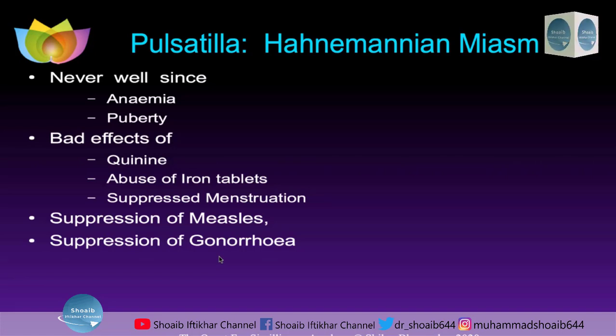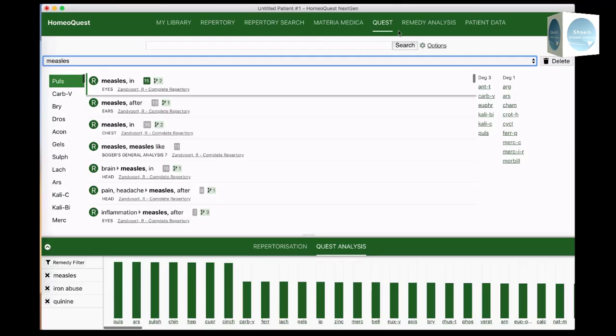In Hahnemann's miasm, remember, you have to find a never been well since syndrome, and Pulsatilla has quite a few points of sources and causative factors here. So how do you go and study? Say, for example, we're looking at measles, and we're looking at the picture of the never been well since syndrome of measles in Pulsatilla. I've opened my software here and put in measles. We're going to get all the remedies that have top activity around measles, and never been well since measles or issues around measles, and Pulsatilla tops the list,